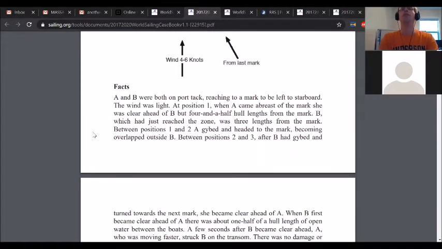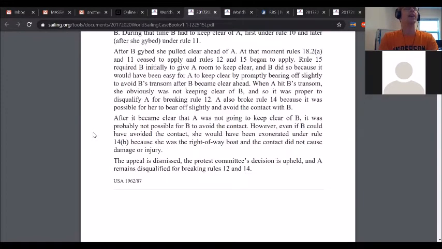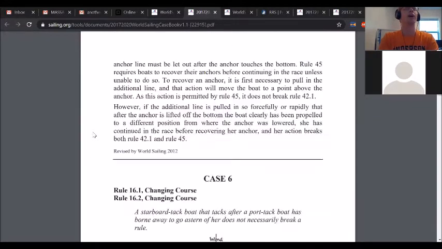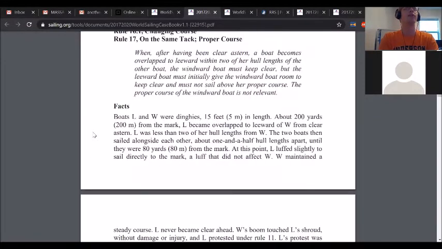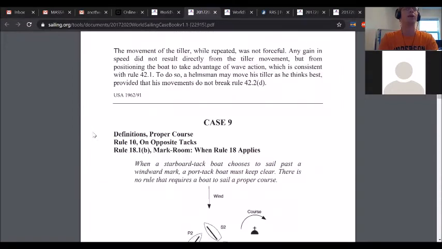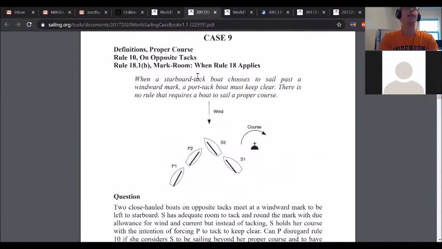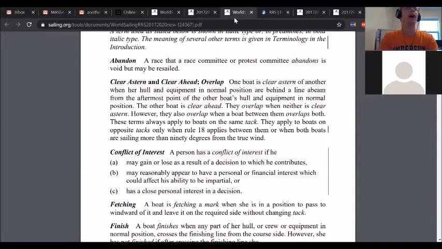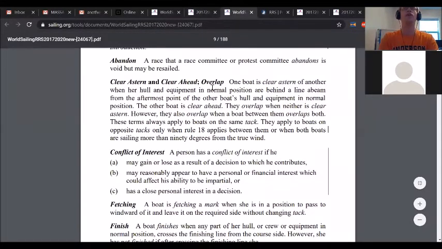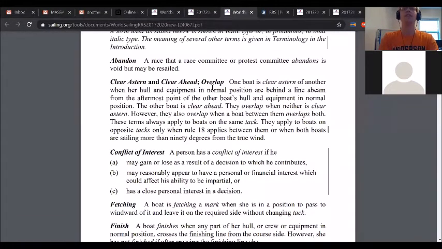So yeah, while we're scrolling down to case 9 that we're about to look at as well, for the people that came in halfway through that previous thing we were talking about with overlap, we realized that the definition of overlap is not actually defined except as a default sense. Instead, we look for: is a boat clear ahead and is a boat clear astern? And we find that when we draw that line at right angles to the stern of a boat or to the back of the rudder of a boat, like I did yesterday,